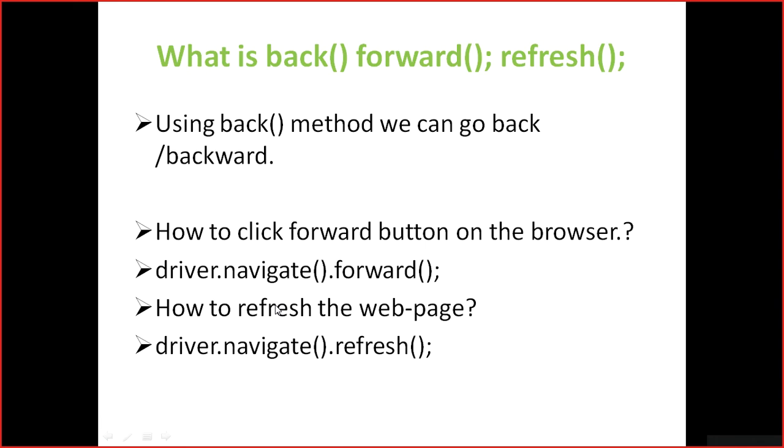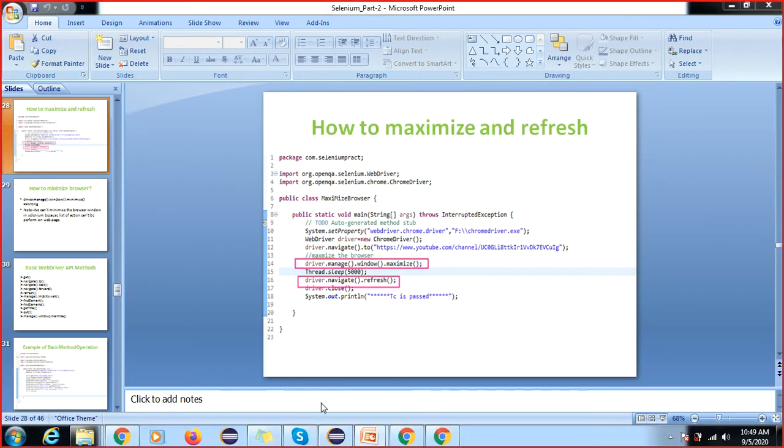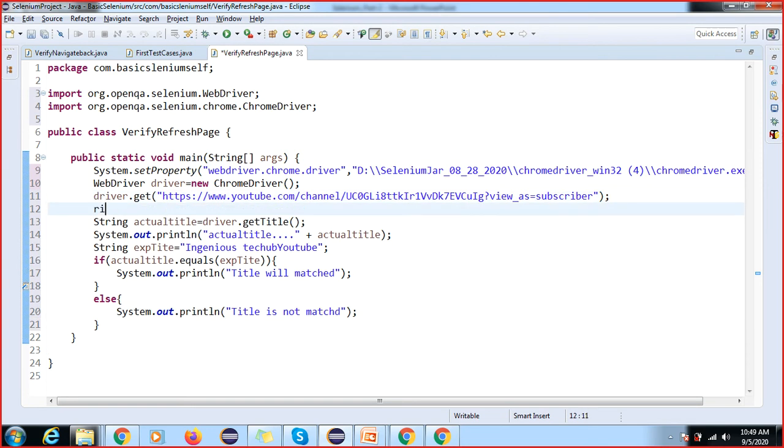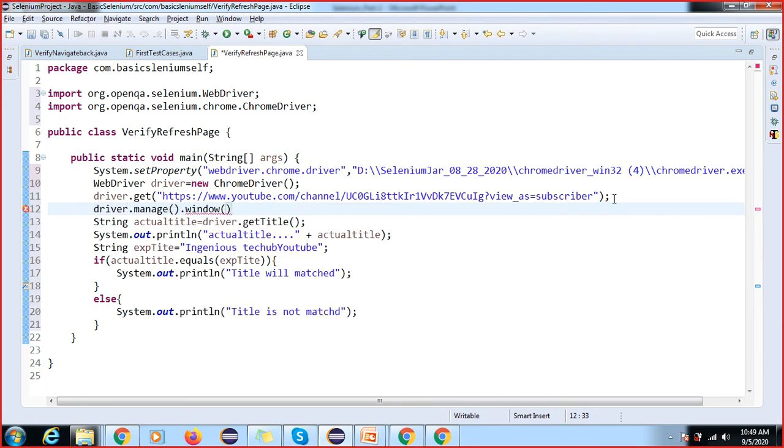Here I am going to do more validation: how to maximize your browser. I want to maximize my browser, right? So here we will use another method, manage dot window dot maximize.